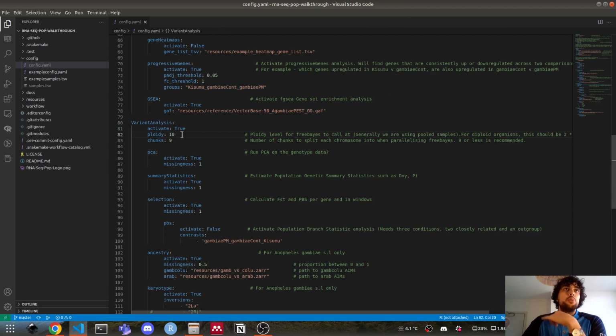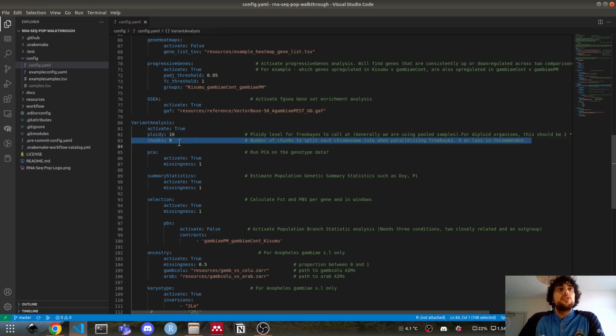And there's a parameter called ploidy. So the ploidy should basically be, if your RNA-seq data is from a single individual and they are diploid, like mosquitoes or like humans, then the ploidy should be 2. But if you're using pooled samples, let's say you've pooled 5 mosquitoes together, essentially we have 5 mosquitoes that are diploid, so we have 10 alleles in total in this pool, and so we put the ploidy as 10. It's quite common in insecticide resistance research for people to pool 5 or 10 mosquitoes.